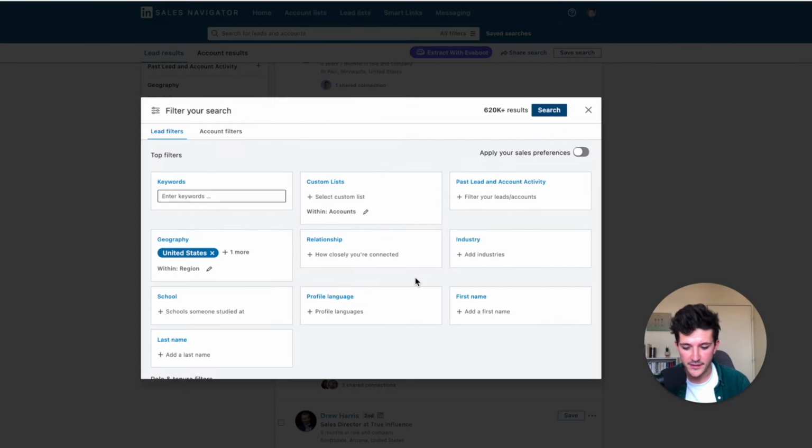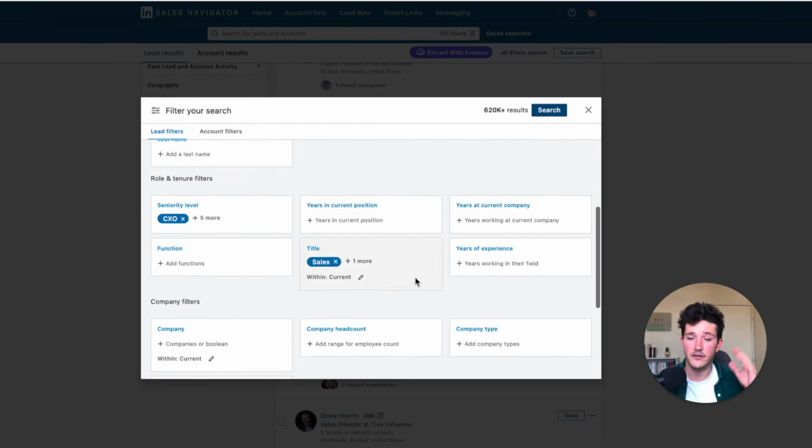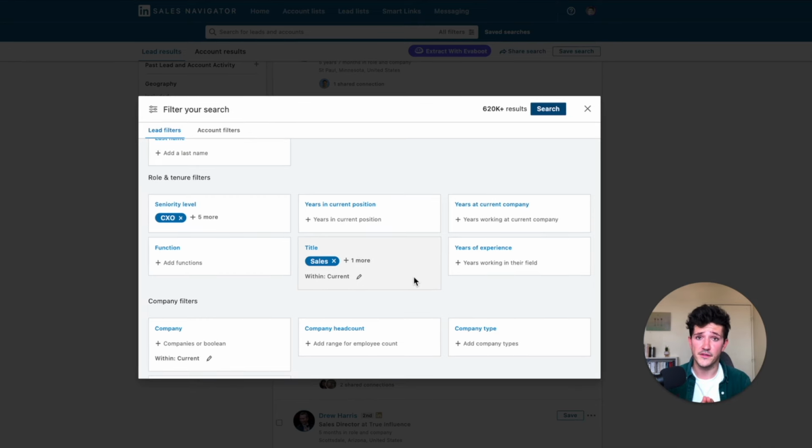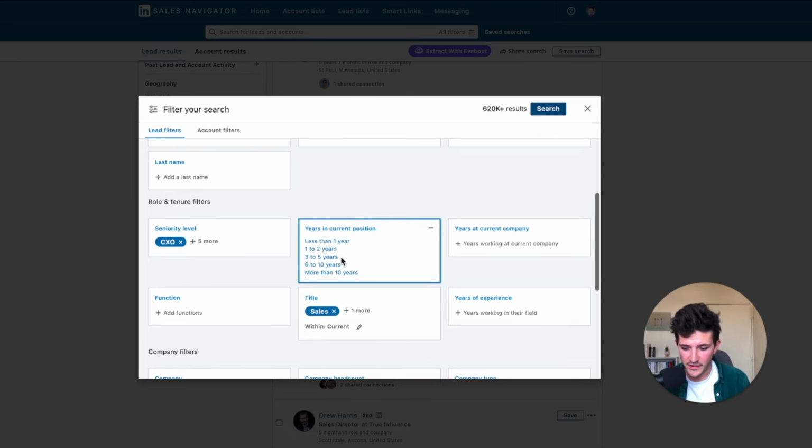Okay, so next we have years in current position. Here you got two options. If you are targeting CEOs, co-founders, etc., you want them to have a little bit of experience because you don't want to target CEOs in their mom's basement, right? We know too many of them that are CEO on LinkedIn, but you know they are making no money at all. So what you can do is look for